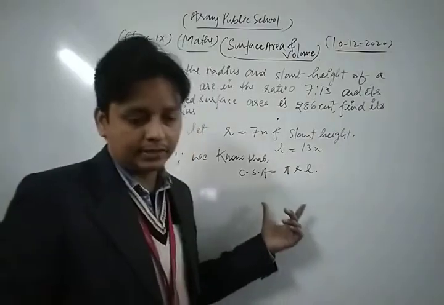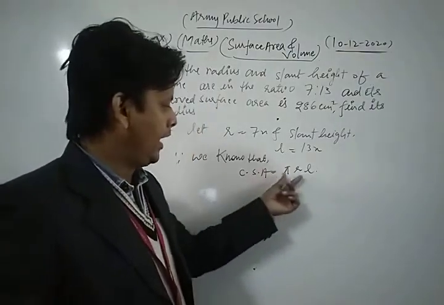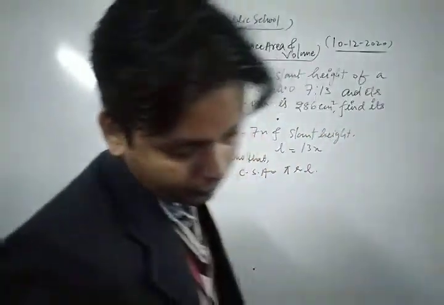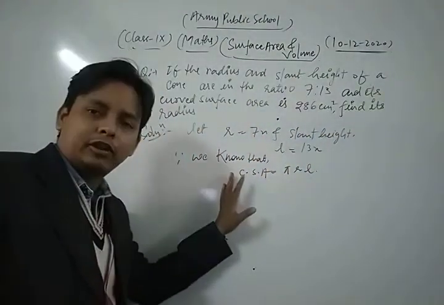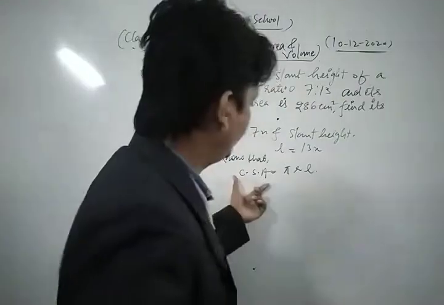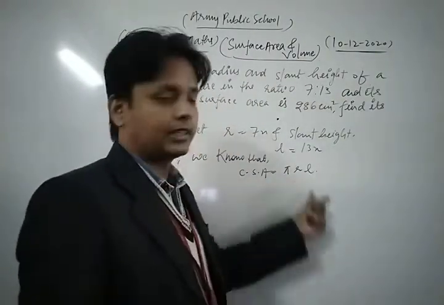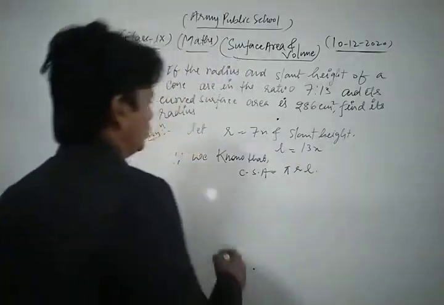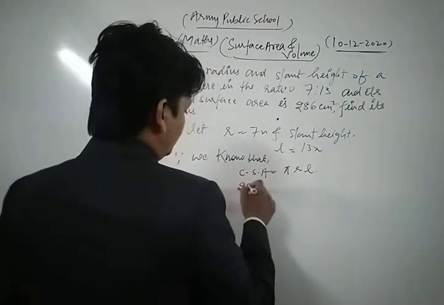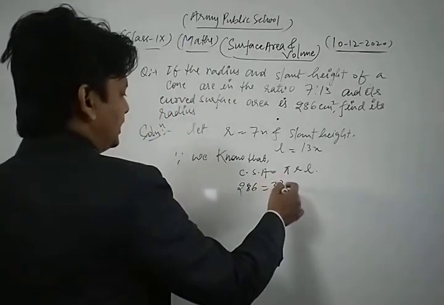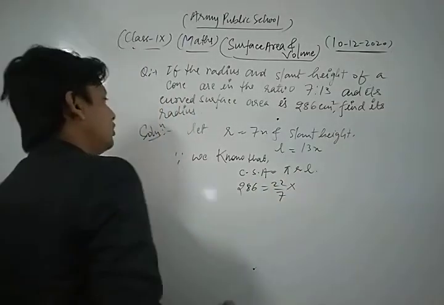So the curved surface area is 286, equal to pi taken as 22 by 7 into the value of r,